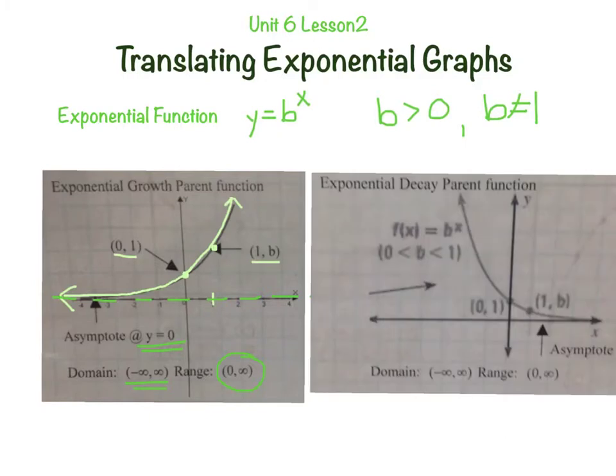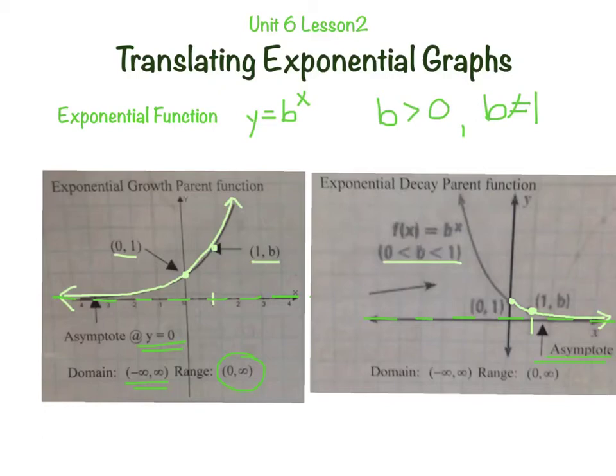Our exponential decay function is the same thing, y equals b to the x, only b is some number between 0 and 1. When we raise b to the 0 power, we still get 1. When we raise b to the 1 power, we get b, but b is less than 1, so it's going down. The higher the power, the lower your result, but it does approach an asymptote here too. And by the way, whenever you graph any of these exponential functions, you must always draw in the asymptote